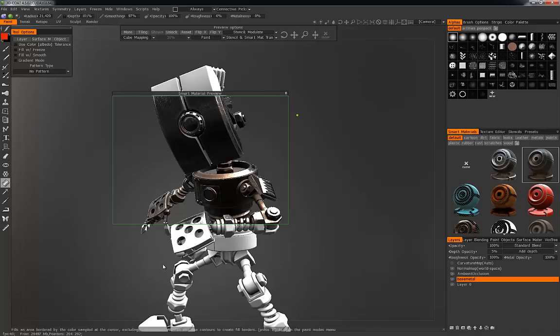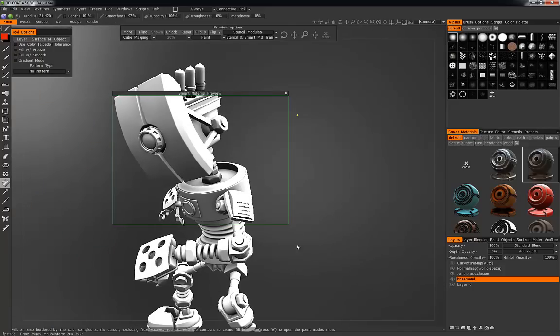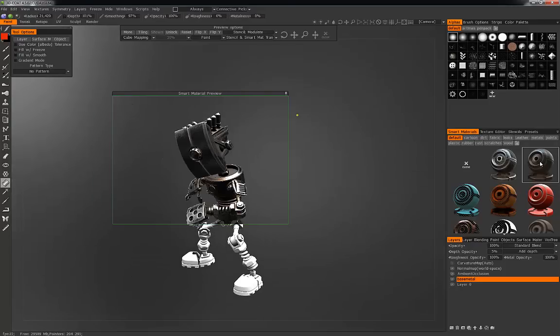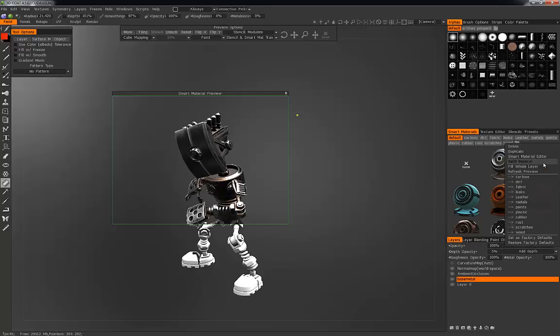Okay, so we have done. I really like this base metal. It's a bit dirty, but it's cool. So all I have to do, instead of using the paint bucket, I can right click on this material, smart material icon, and select this fill or layer. It will take some time,